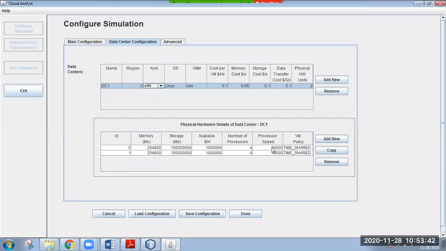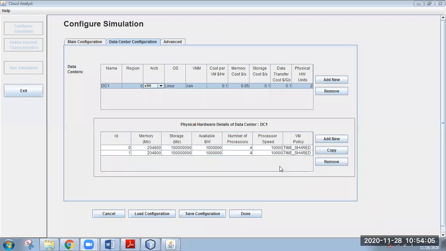Processor speed is 10,000, and they are following two policies. There are two VM policies available: one is time shared, another is space shared.